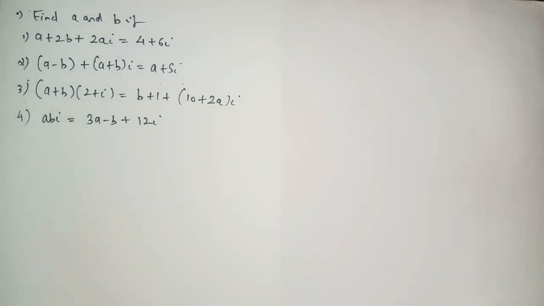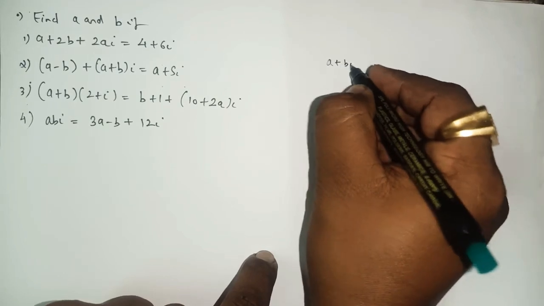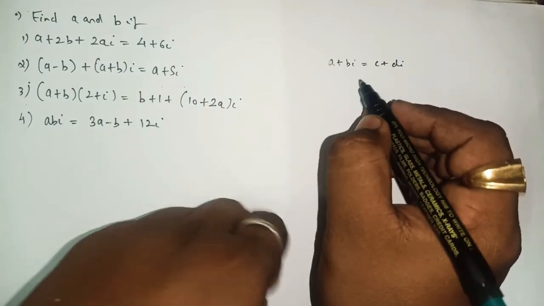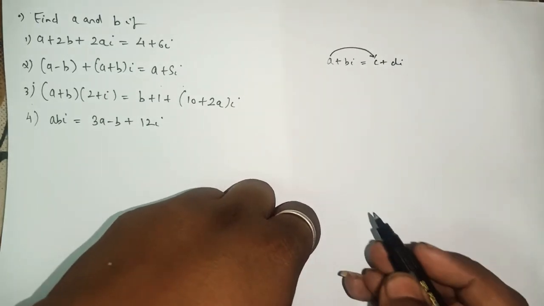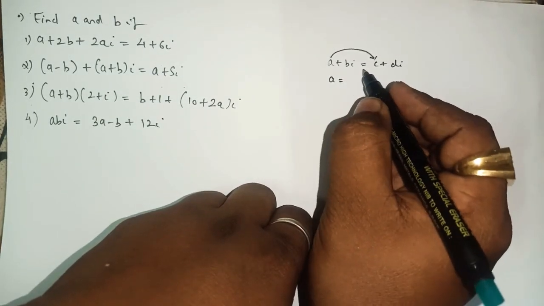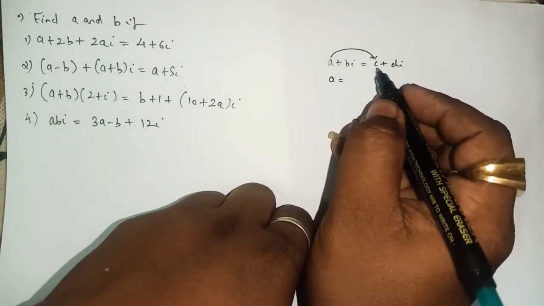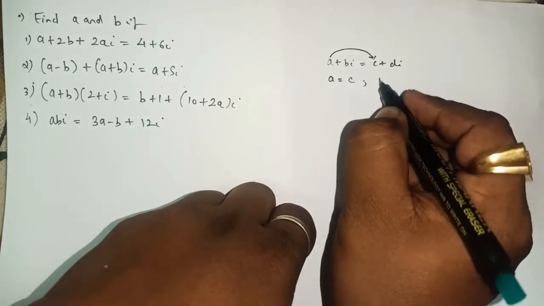So let's move on to the next sum. In this sum we have to find the value of a and b if there is some condition, yes or no. This sum is based on the property that a plus bi equals c plus di, equating the real numbers and the imaginary numbers. As clearly we can see that what is there in place of a, that is c. So here, using the equality concept, comparing the coefficients of the left hand side and the right hand side, as here we have the equal to symbol, we can compare the real part and the imaginary part.